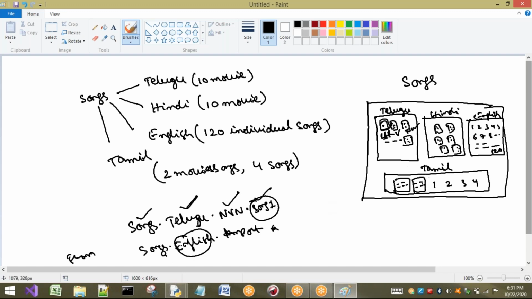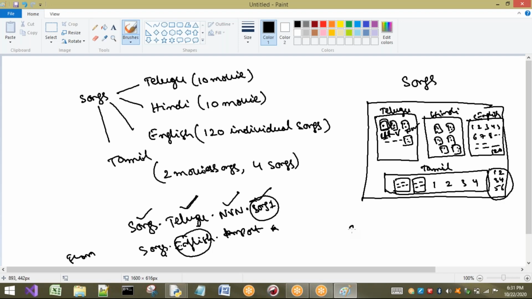In the same way, Tamil is also there. Here we can have subfolders and also individual files. Okay. Now, separately, directly inside songs also, for some other language like Kannada, I am having some songs. There is no need of creating one more folder for that, because I am having only 3 or 4 songs. So directly I will place them directly in the songs folder. So to access these 6 files, how do I have to access those things?